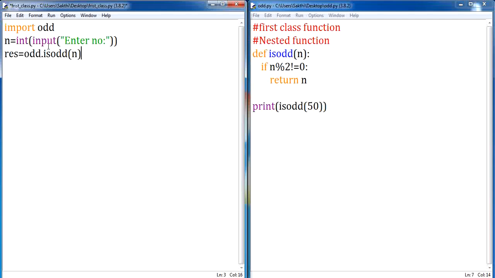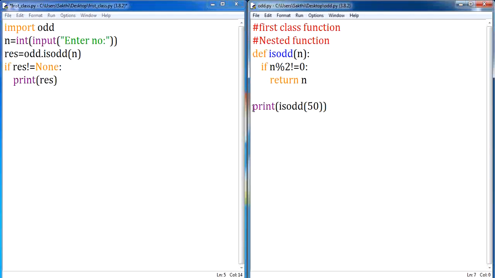So what happened? Whenever your function is called, the module will be imported, the value will be accepted, and after this the value is passed to my function. Once the function call happens, it goes here and automatically checks for a condition. If the number is not an odd number, it's going to give you None as your output. So let me filter out this condition: if result not equal to None, let me print the result here. Clear? I hope you're clear with it.